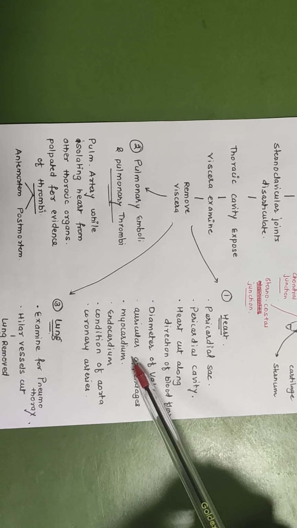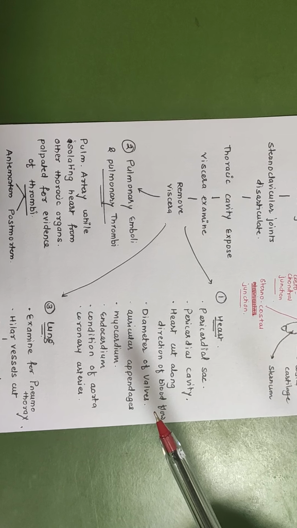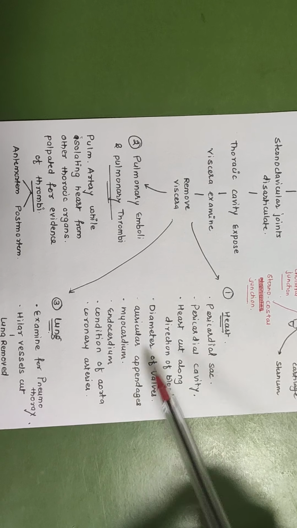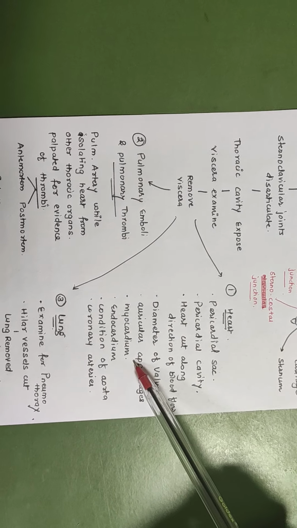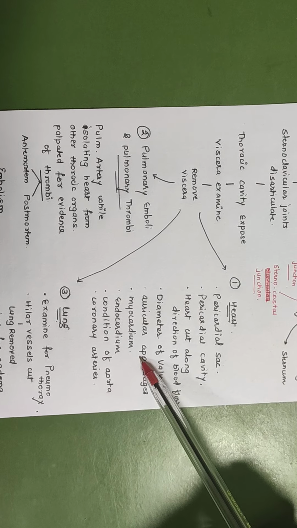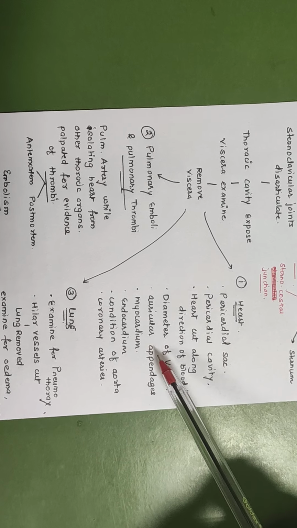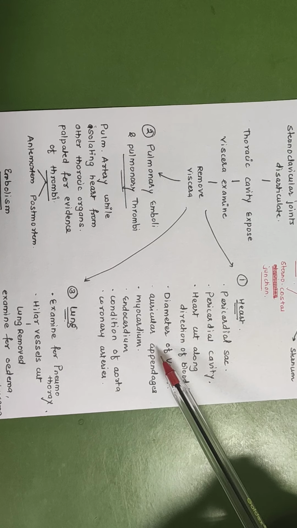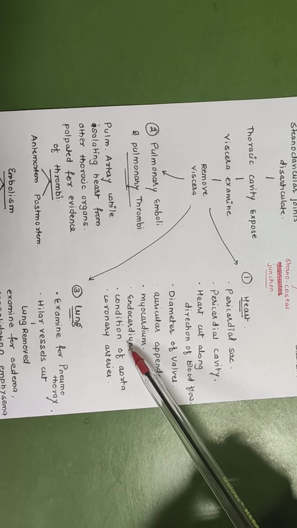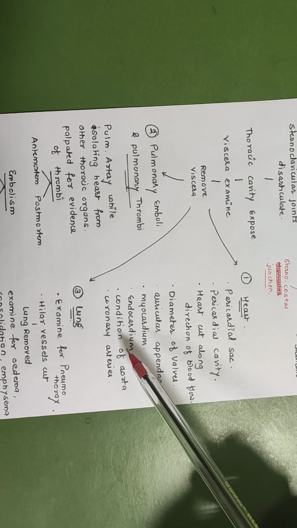If there is any stenosis or incompetence of the valves, the diameter of the valve is measured. Then the auricular appendages are examined for any thrombi. The state of the myocardium and the size of the heart chambers are also measured. Then the state of the endocardium is to be found out.